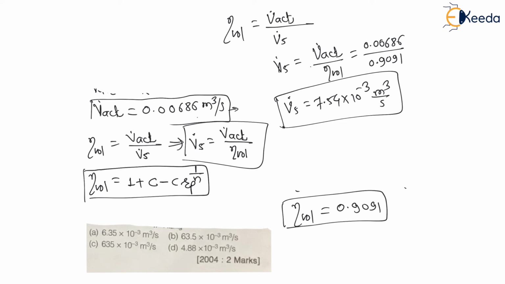So look at the options. My dear students, if you check the options, out of 4 options, no option matches the answer. That means that in 2004 they gave wrong choices and later made a correction. My dear students, later they cancelled this question, because they had asked the wrong question. In 2022 they may ask you a corrected question, but there is no guarantee of that, right? So in 2004 they later cancelled this question, but the answer for this question is 7.54 into 10 to the power minus 3 meter cube per second.